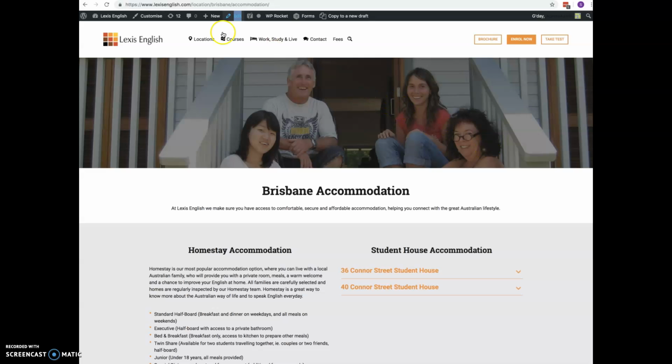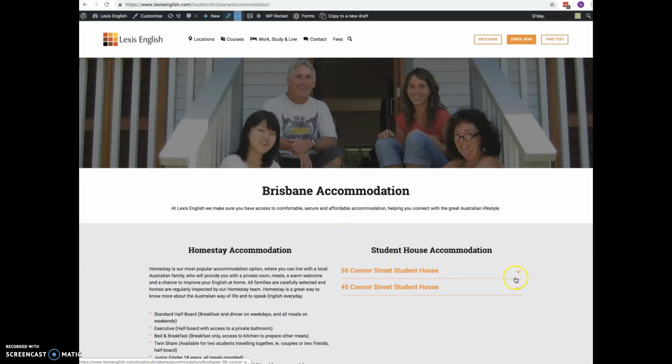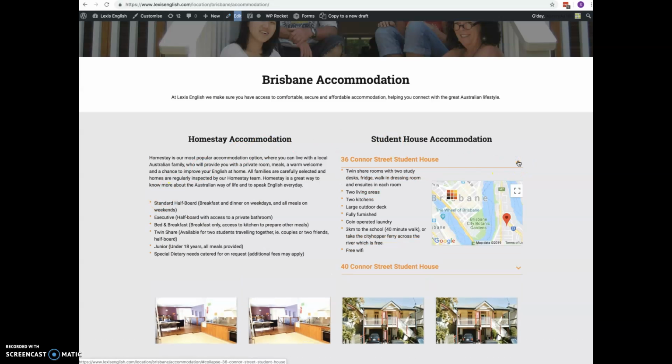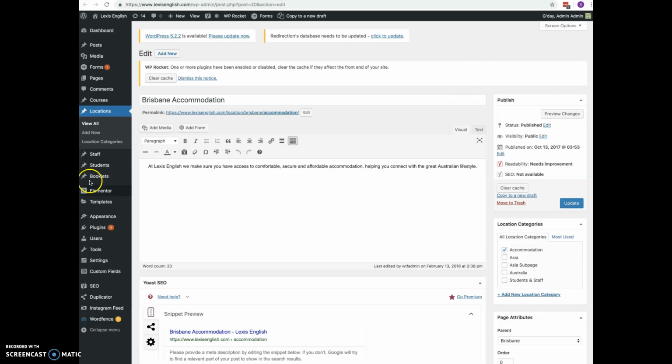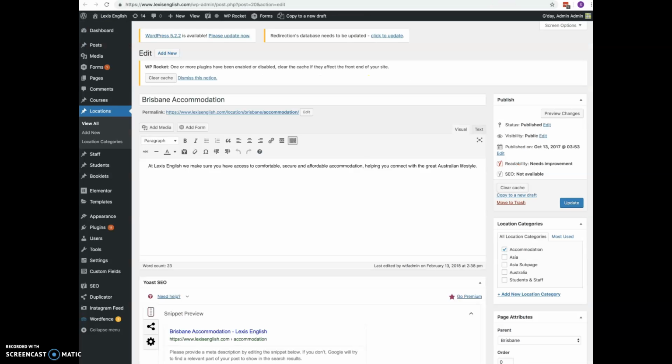So the client is lexusenglish.com, and at this address, location Brisbane accommodation, there are many pages like this that have some information here within this grey bar that the client wants to duplicate out and create new content for. But looking at the back end of the website, I believe that the theme is Elementor. This is the Brisbane accommodation page, and at Lexus English we make sure you have, which is there, and then we come down to here,